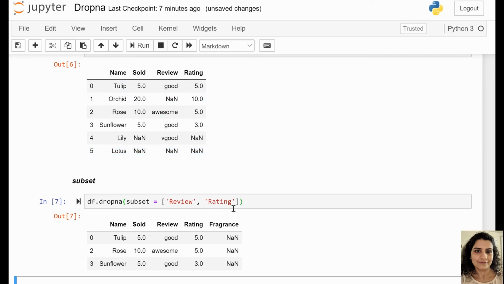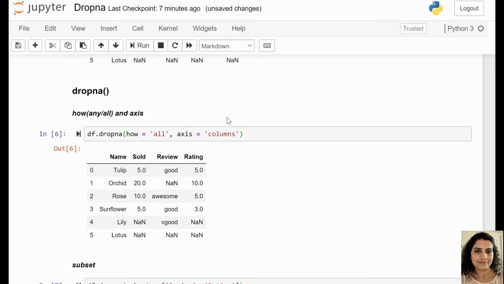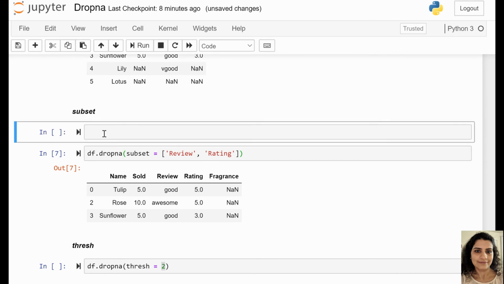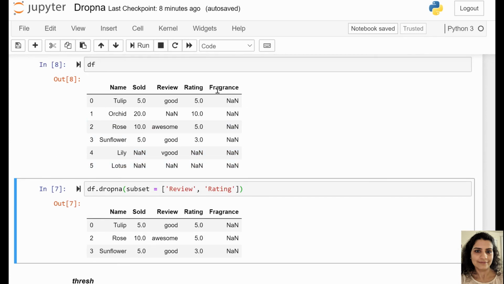Then it will go to the rating column, and it got the first NaN here, so this lily row will also be gone, and we are left with tulip, rose, and sunflower, and fragrance of course, because it's not the original data frame. If we compare it with the original data frame, you'll see we have 5 columns, right? So this fragrance one will also be here. So that's how this subset parameter works.